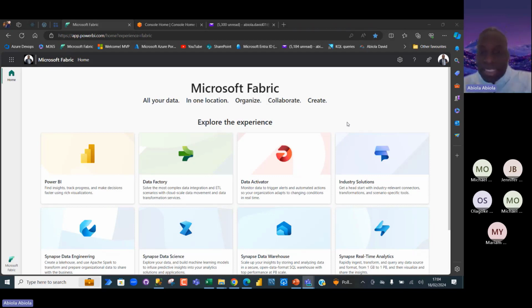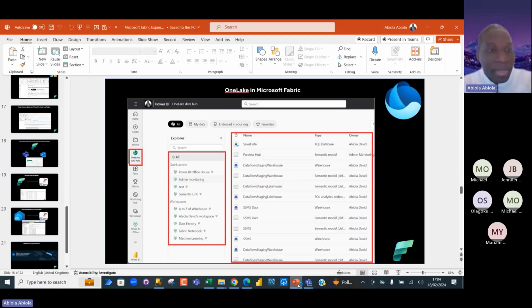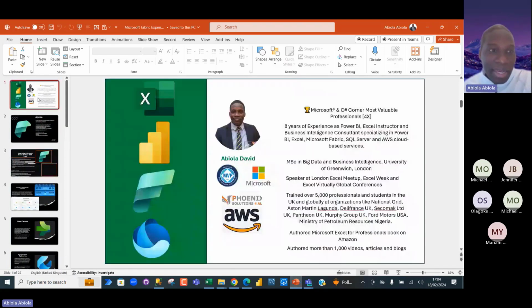So again, my name is Abiola David, and I'm an Excel person generally. And of course, I've got an interest in this amazing Microsoft Fabric, which was announced in the month of May last year by the Microsoft CEO. It is an amazing platform, which I believe most of us in the world of data, maybe you're coming from Excel, maybe you're from Power BI, even SQL, can take advantage of. This new unified platform can do a whole lot of things. And I also believe that for as many people that are looking into careers in data engineering, business intelligence, or even data analytics, this is an opportunity to dive into this amazing new platform.